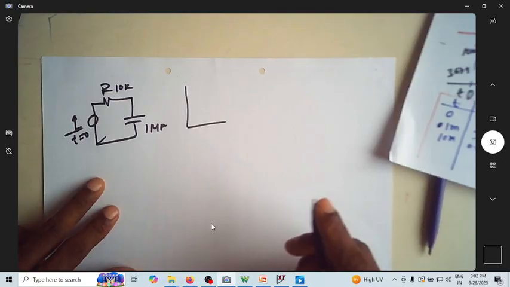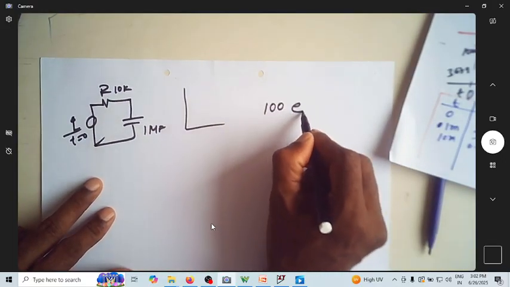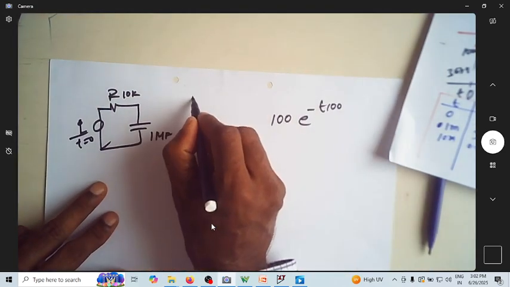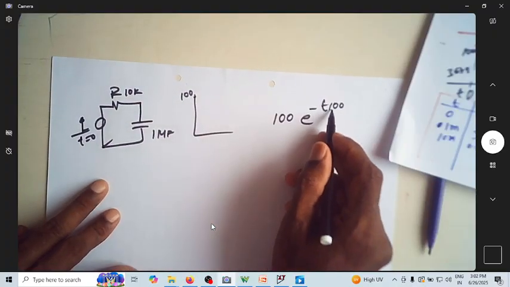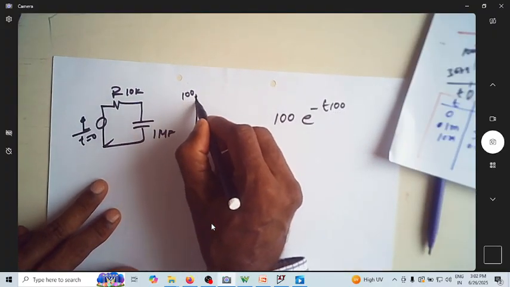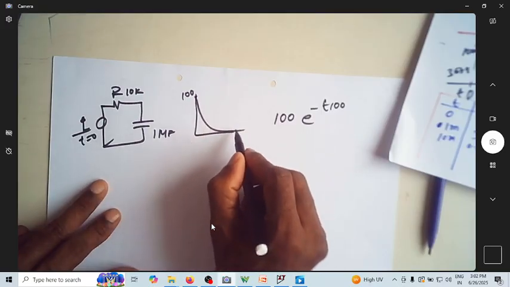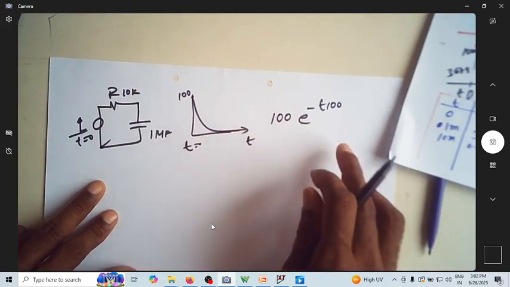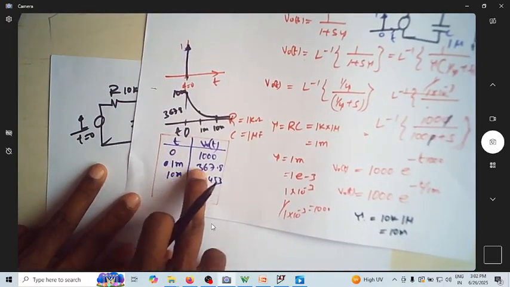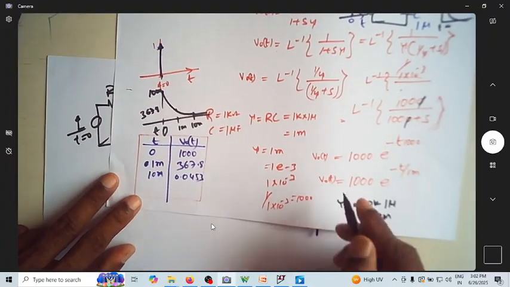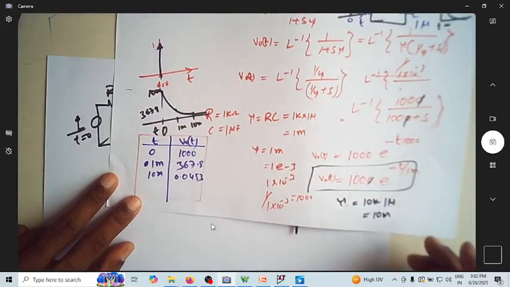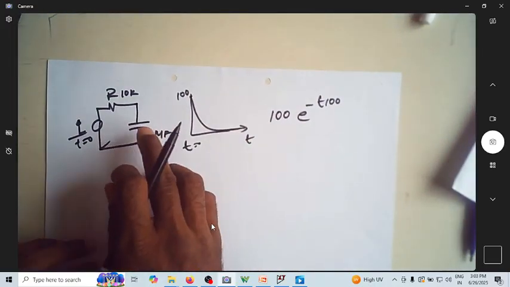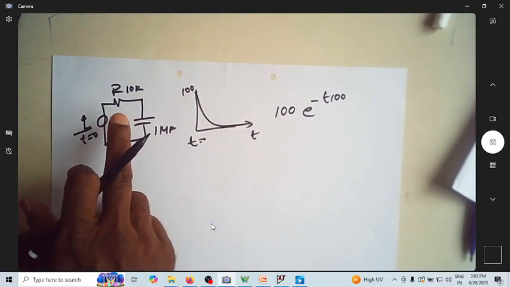So now this will become 100 e power minus t into 100. So now the initial magnitude is 100. At larger values of t, this comes down. This is at t equal to 0. This is for large values of t. You can actually find out, as we did here, for different times. You can find out what v naught is by substituting into this equation with this as 100. That's how the time response of a first order system looks,